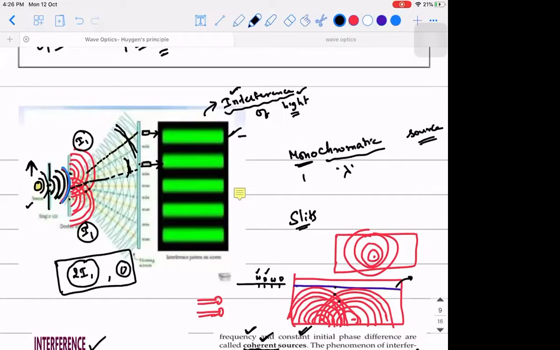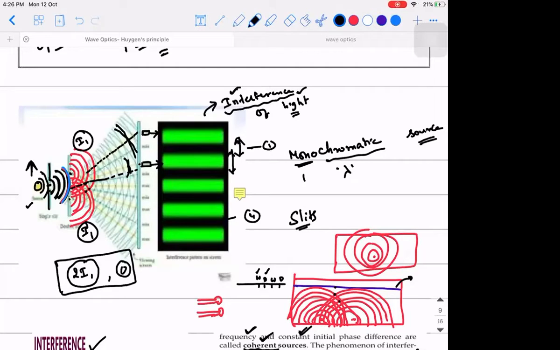If it is swapping, like say it is vibrating between these two spots, then it is not called a sustained interference. The reason we need a sustained interference is because we have certain things to be studied. Our interest is to find out what is the difference between two bright spots, what is the position difference between two subsequent dark spots,